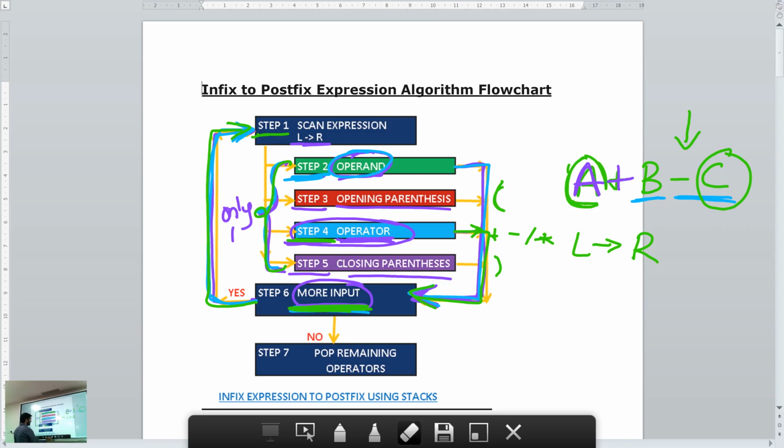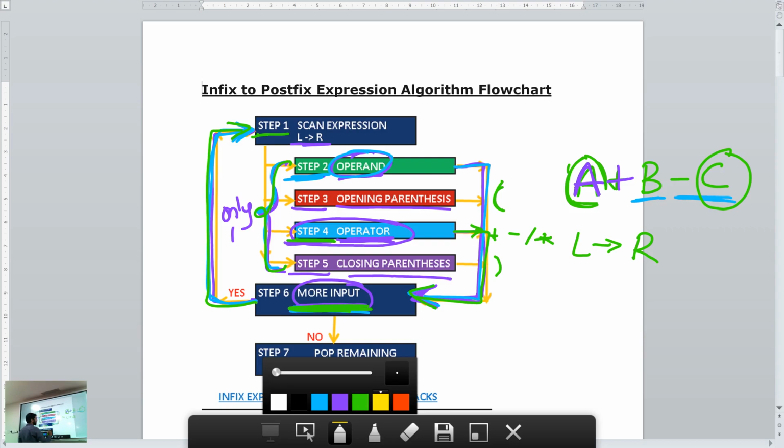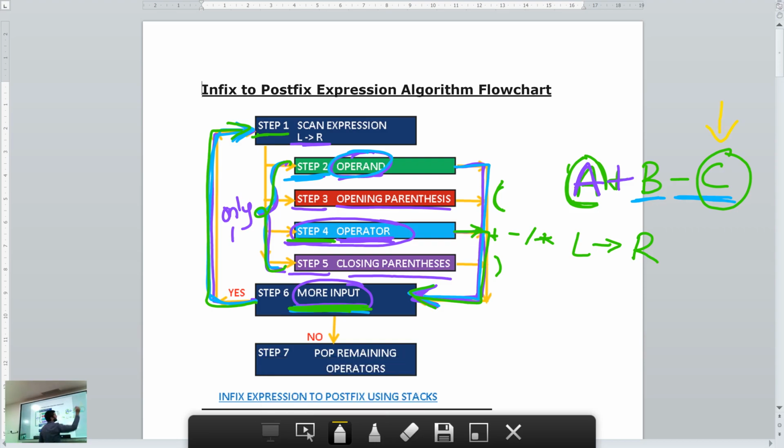I scan my next input, which is now C. I identify what type of input it is. Is it an operand? Is it an opening parenthesis? Is it an operator or a closing parenthesis? I perform only one of these 4 steps. C is an operand, so I apply step 2 and go to step 6.